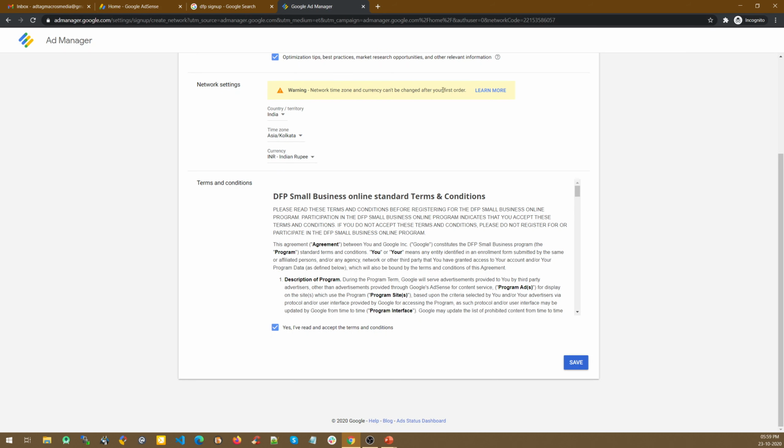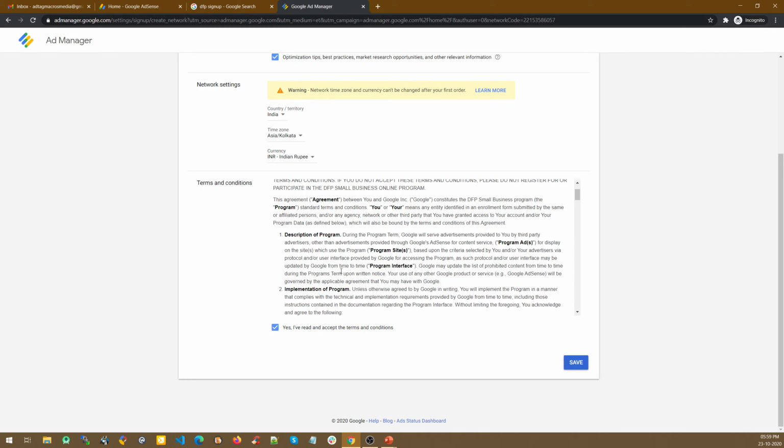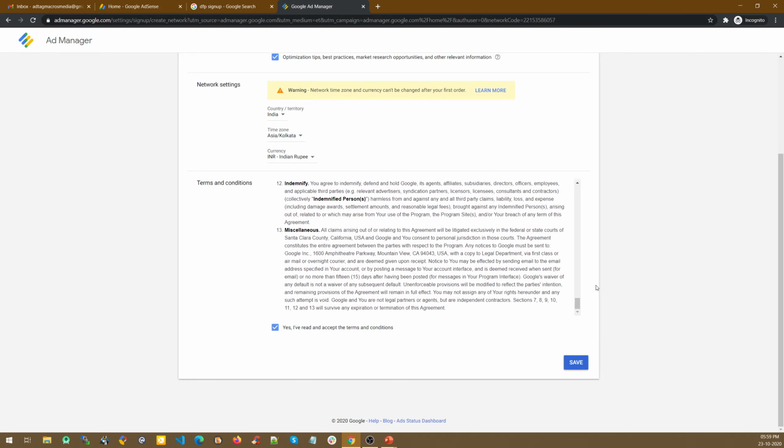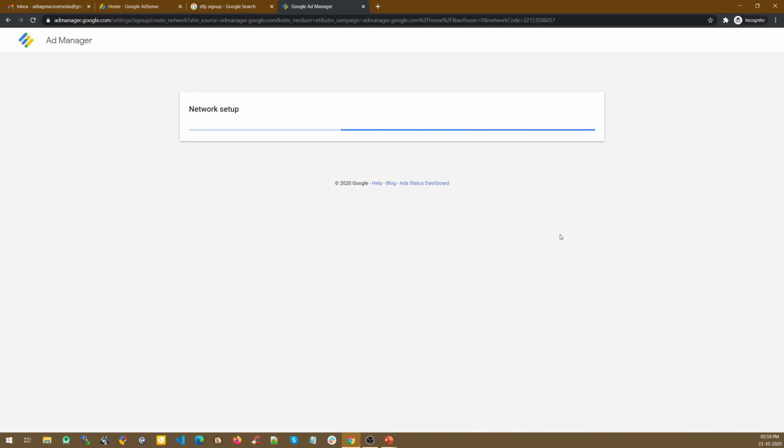If you see here, it shows that after the first order, the first order is basically when you are actually setting up any kind of direct advertisement campaign in Ad Manager; only once you set it up can you not change this option. But I would suggest that you make sure you select the correct options right here, so that you don't have to change them later. So now I have selected this one, I have agreed, and I will save this option.